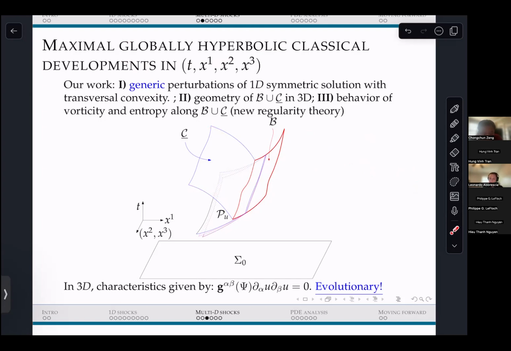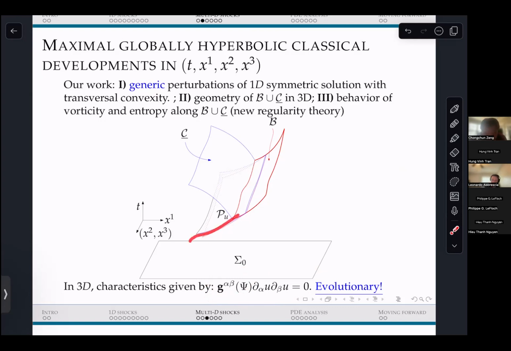In 3 space dimensions, for the characteristics, you have to look at the wave equations that I wrote before and look at its symbol. And you'll see that in 3D, the characteristics are given by a fully nonlinear hyperbolic PDE, which is called the eikonal equation. And due to the Lorentzian metric, which governs the sound waves, being solution dependent,